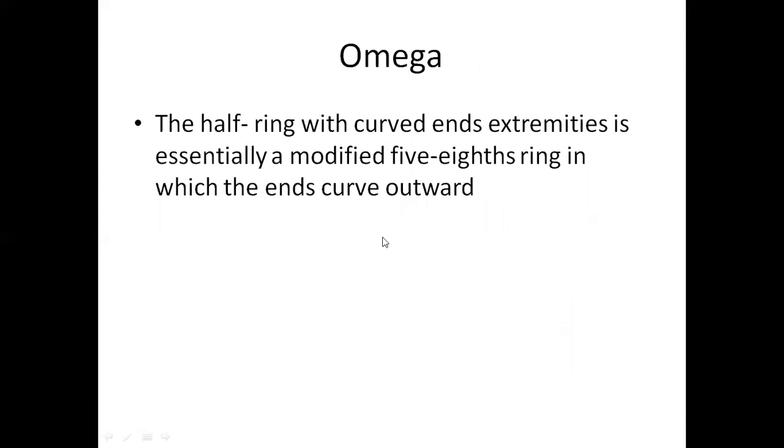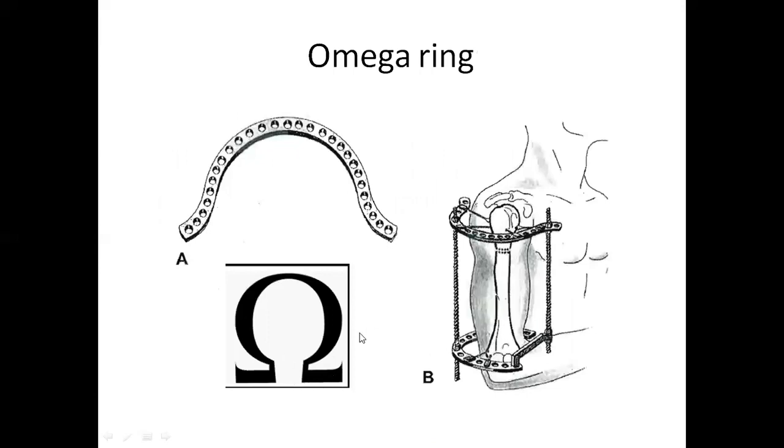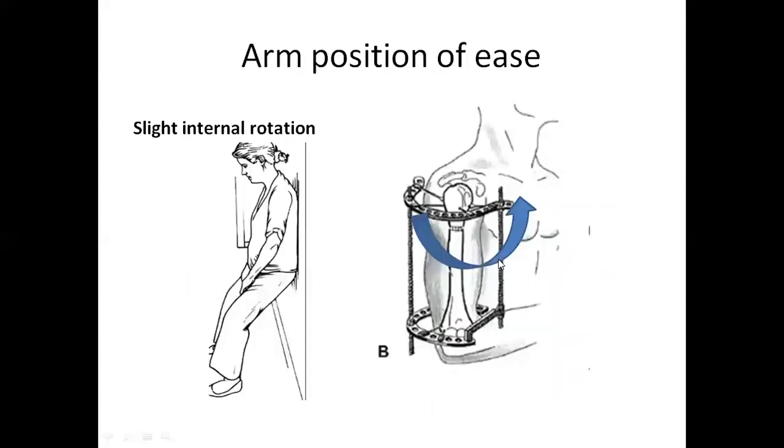And now the omega rings. The extremity is just curved, like the omega, and it is usually used in the upper arm. One thing you must keep in mind is that a human arm's resting position is slightly internal rotation. Be careful about the anterior end of the omega. It will get stuck in the chest if you put it in supine position and then turn the arm in a slight internal rotation. So you must keep this anatomical consideration in mind when you assemble the ring.